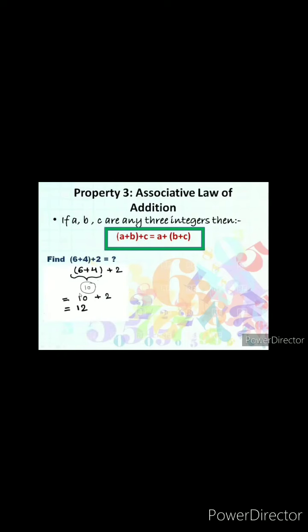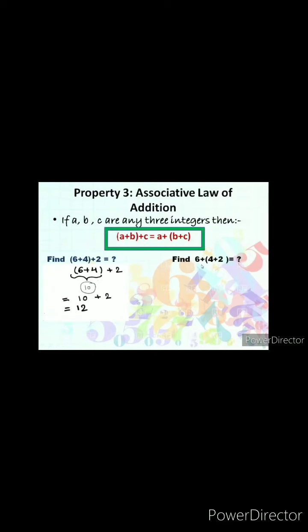Yes, your solution will look somewhat like this. According to the BODMAS rule, you all know that we first do the mathematical operation on the numbers which are under bracket. So 6 plus 4 is equal to 10, and 10 plus 2 is equal to 12. Now,